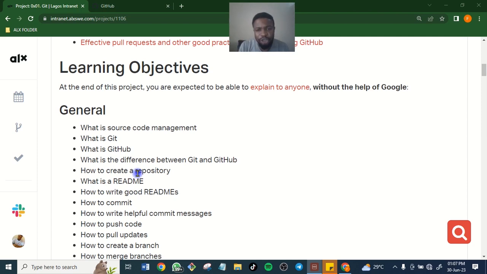You're working on Russia, you call it Russia repository. It is just like a folder that houses the files of different projects you are doing. That is what repo simply means. It houses the particular project you are doing.